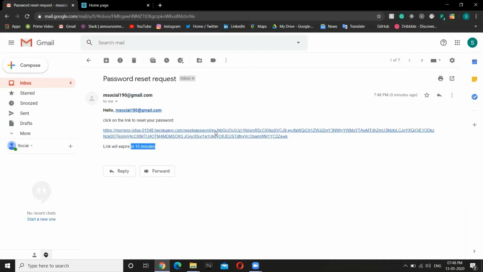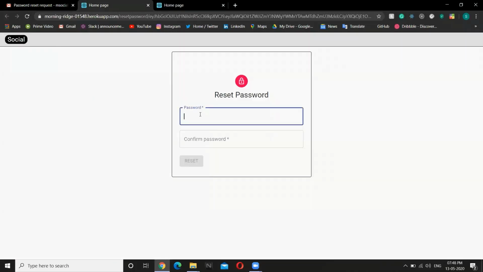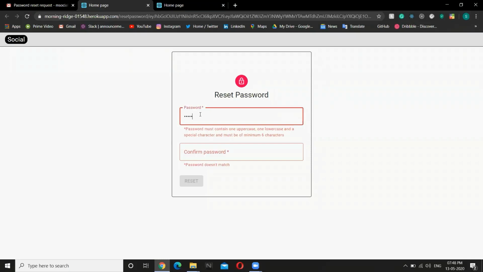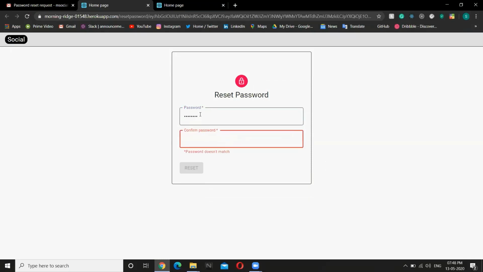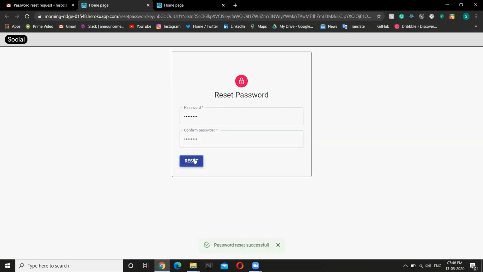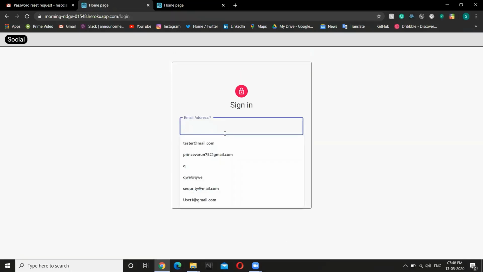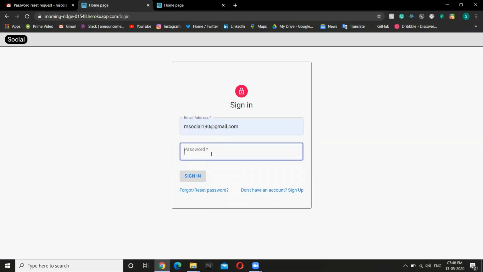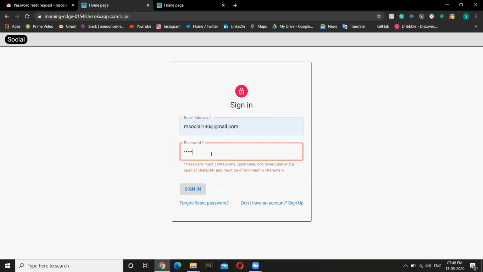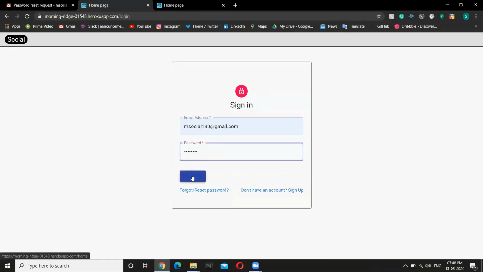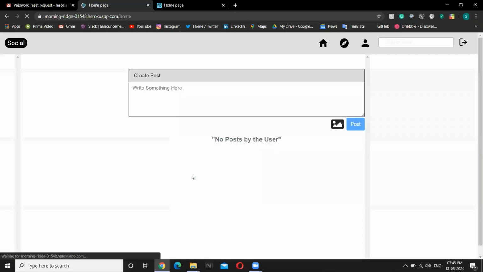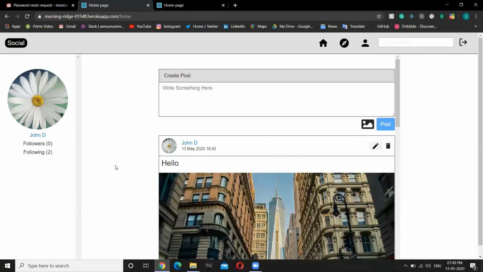So we can click on this link and add a new password. It will redirect us to the login page where we have to use our new credentials. It will log us in.